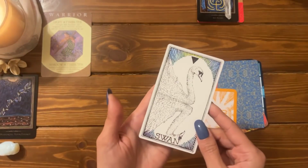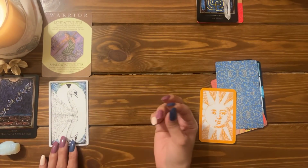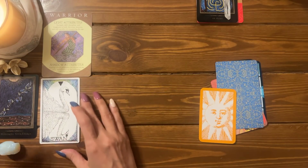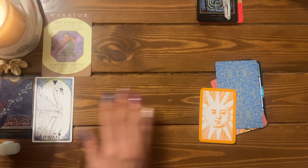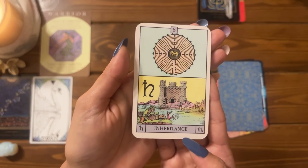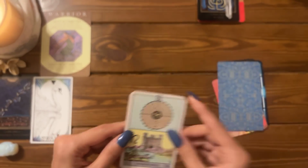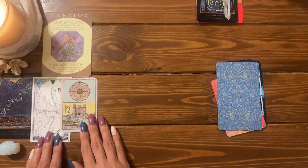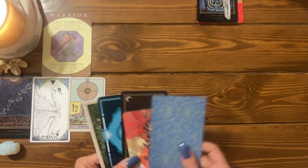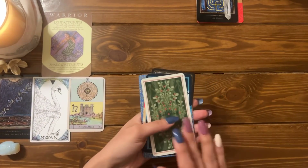You have the Swan. Interesting. Okay. Let's take a look at your other oracle card. You have Saturn in Scorpio with inheritance. You do see a strong line here in a maze. Okay. You have, let me put this the other way around because that's how I want to open them. You have,